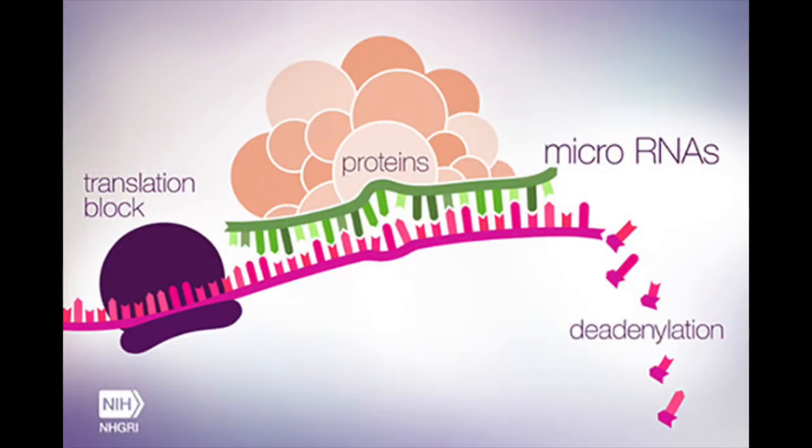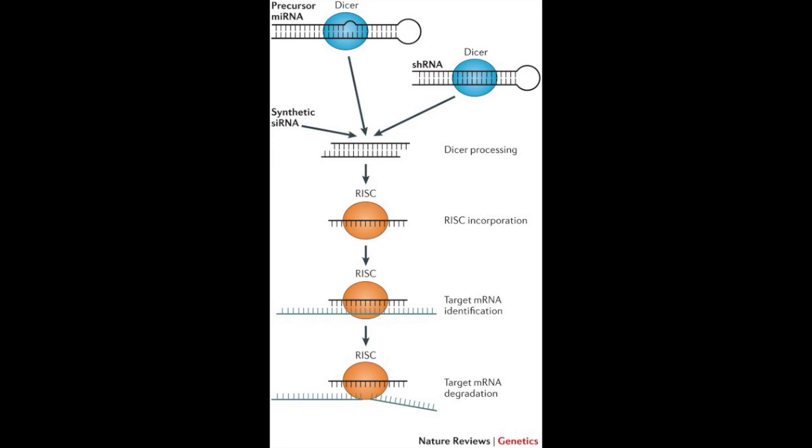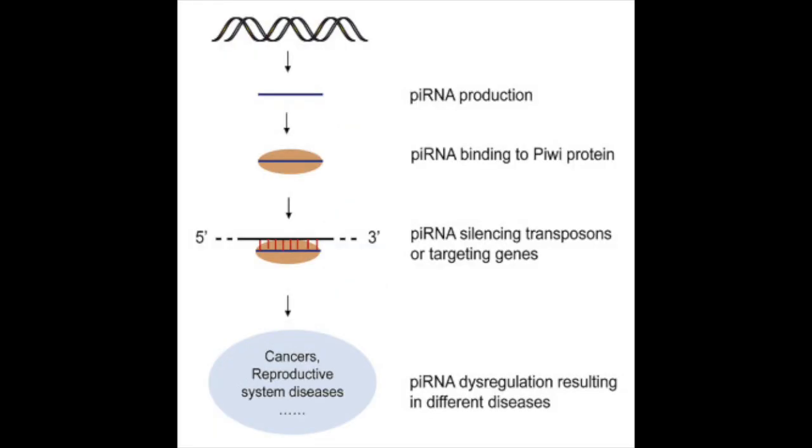MicroRNAs, or miRNAs, are single-stranded RNA molecules that can bind to mRNA. They signal for the degradation of mRNA to stop protein synthesis. RNA interference caused by small interfering RNAs, or siRNAs, also blocks gene expression. siRNAs can also affect heterochromatin and can block parts of the chromosome from being transcribed. There's a cute type of RNA called piRNAs that can induce heterochromatin structures, meaning it winds the